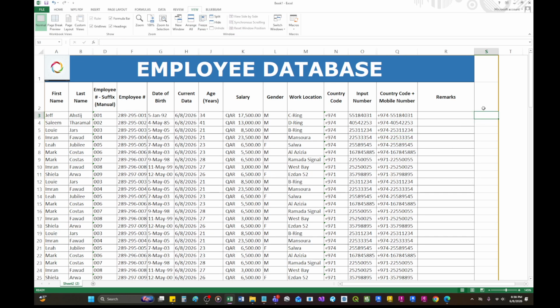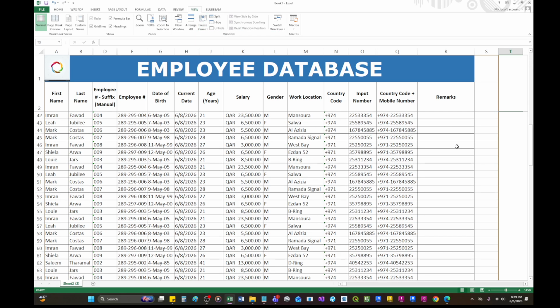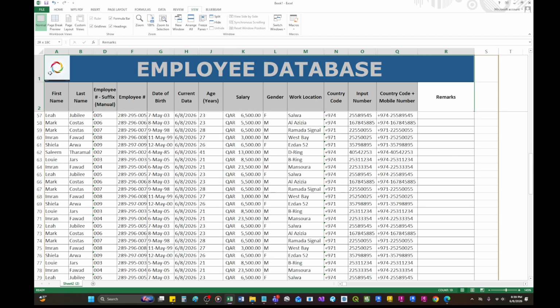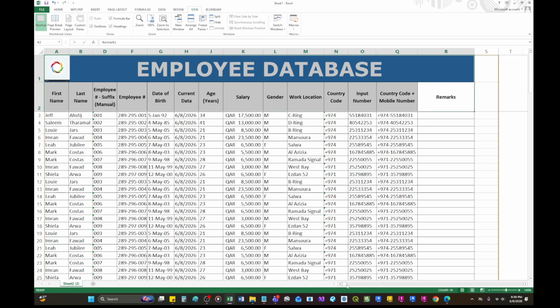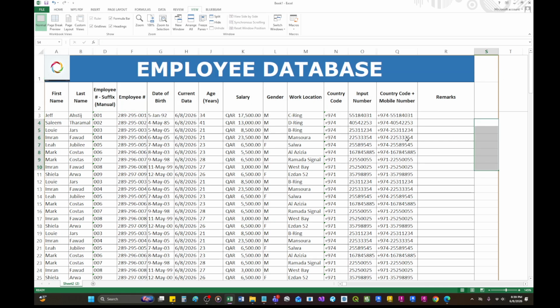You click somewhere here. For example, you would like this position to be retained. As you scroll, you don't want it to move. You just want this to be retained here in this position. And as well with this one, if you scroll down, you do not want these first two rows to disappear. So what you can do is click somewhere here, go to Freeze Panes, and then click Freeze Panes. If you do that, you can scroll down, and this information will still be visible. And if you scroll right, you will not be losing this position here.